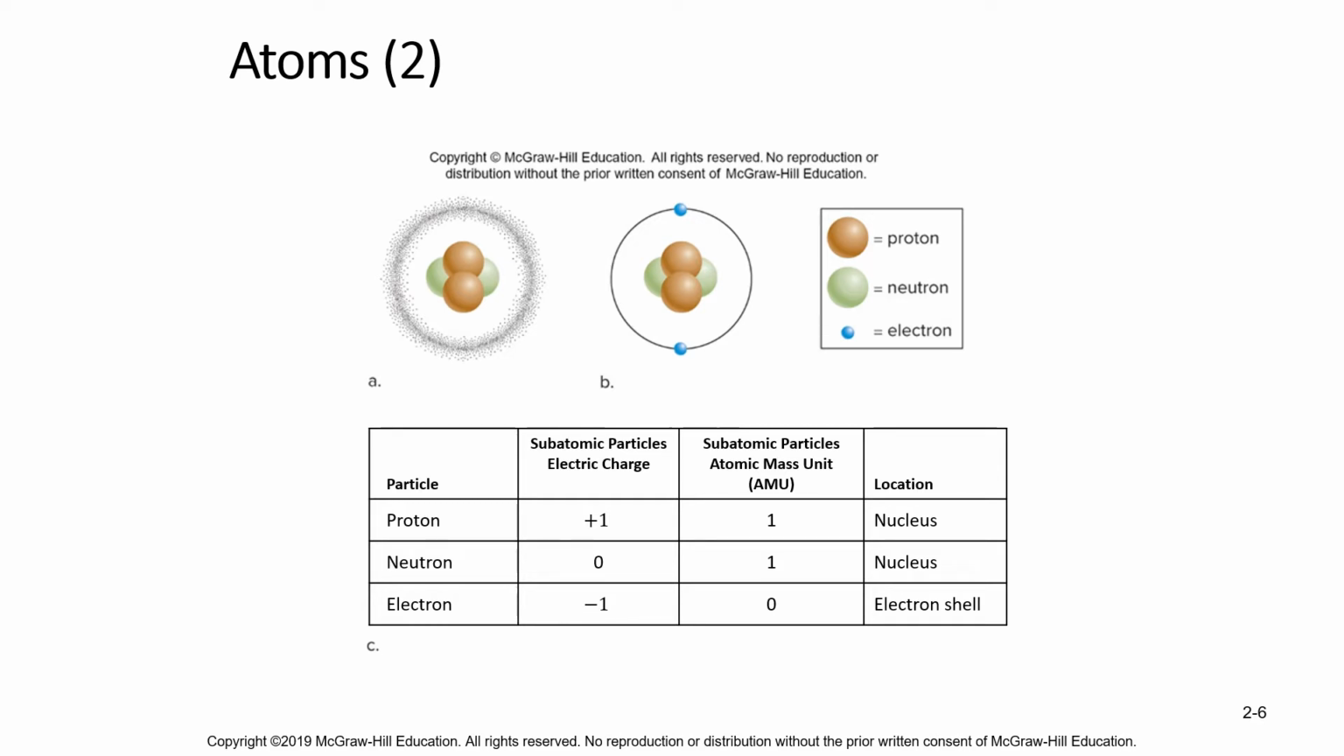So here they're showing you a couple models of atoms. It's 2 models of the same atom, which I believe is helium, which is the stuff that makes your voice go squeaky if you inhale it. It has 2 protons, 2 neutrons, and 2 electrons. And the protons and neutrons are in the nucleus,